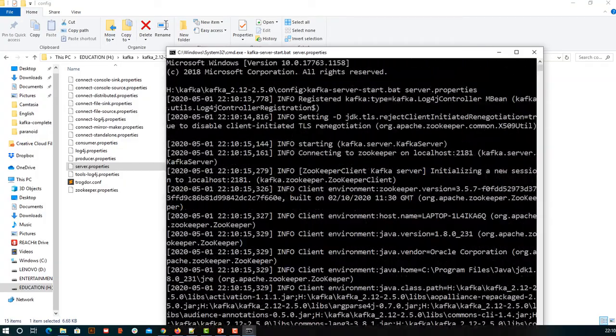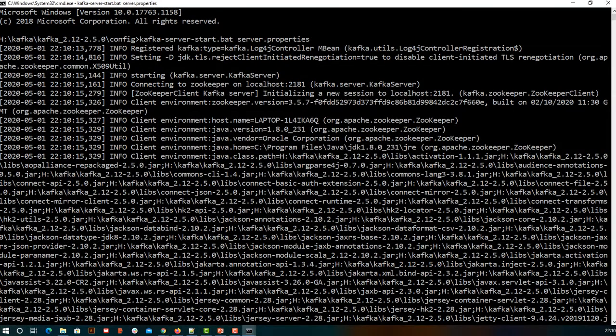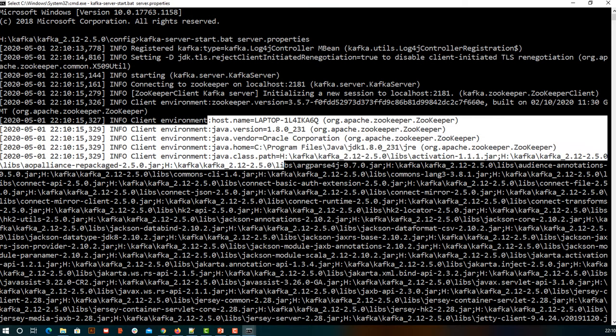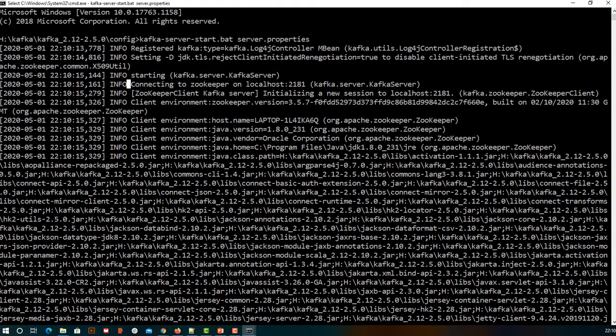You can go through the logs and see what it did one by one, but for now it is configured to log into one specific directory, with its environment variables, and at 2181. Okay, so if you can see, connecting to Zookeeper on localhost 2181. So on that port Zookeeper is ready to listen, and this got connected. For verifying the connection, we can see initializing a new session on 2181. If it was not able to connect, it would have stopped immediately. But as of now, it detected Zookeeper and it got registered successfully.